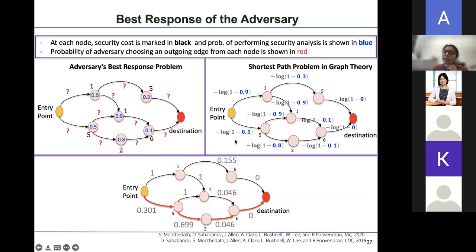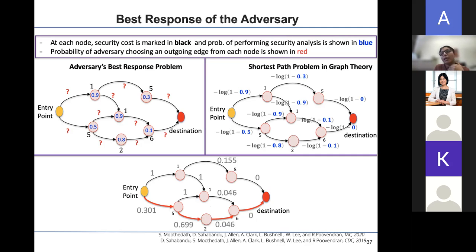So here I'm again pictorially demonstrating how the edge weights are. So if this is 0.3, the incoming edge here will have minus log(1 minus 0.3), right? Although you see the negative sign here, this is still a positive value because the log is for a value less than 1, right? So the edge weights are positive because the shortest path problem requires that the weights are positive, right? So for this choice of values, this is how the edge weights will turn out to be, and you will get a solution to the shortest path problem. Here you will get this path that is marked boldly in red, right?